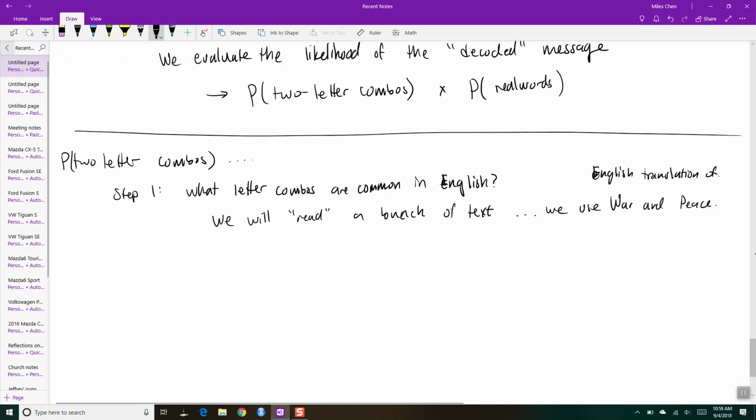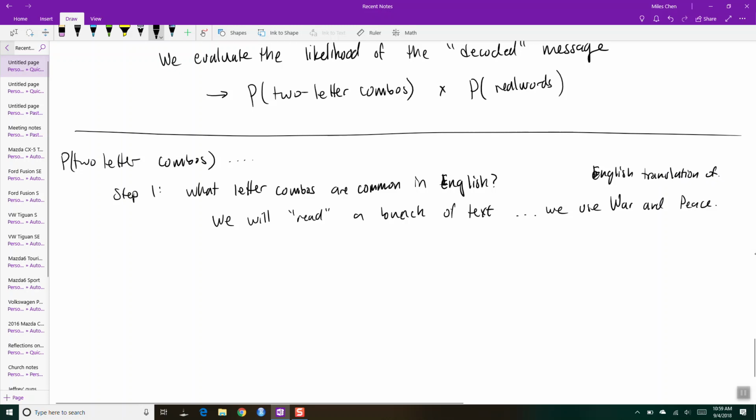War and Peace is a Russian novel, and it's super long. I don't know what it's about. It's about war and peace and some philosophical musings. Anyway, we'll read that in, and then we'll just have the computer tally up every